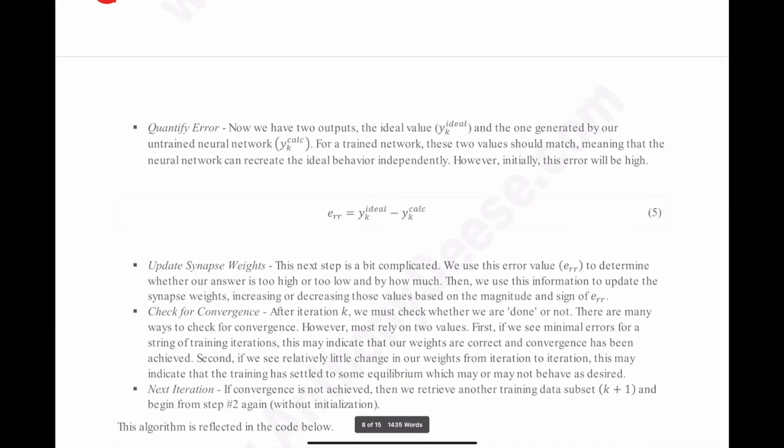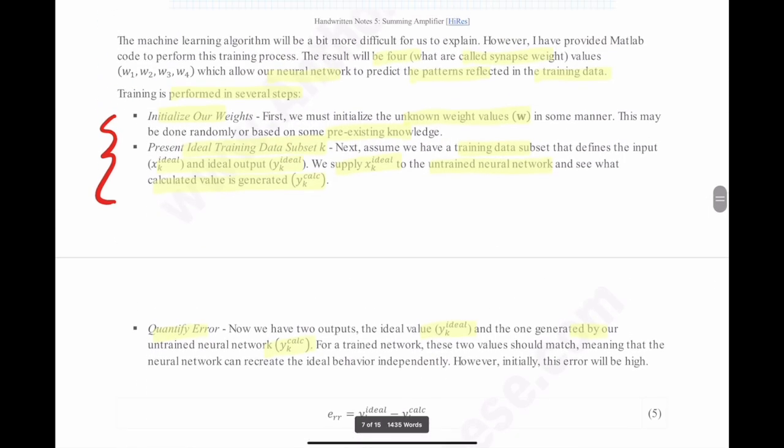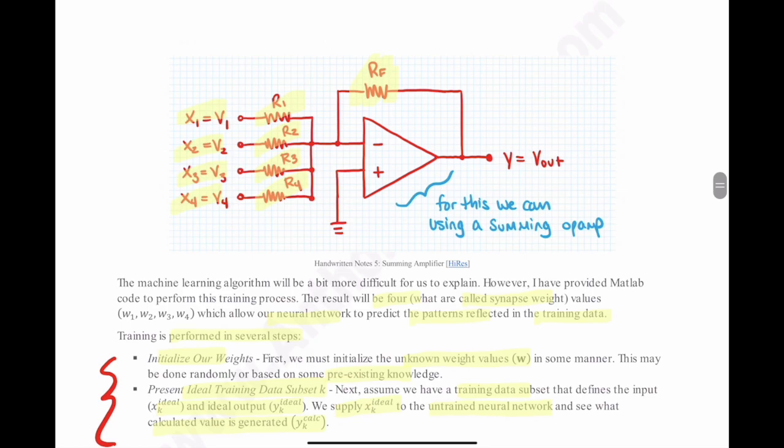Finally, next, we quantify error. Now we have two outputs. We have the ideal value, which is known a priori, and we have the one that's generated by our neural network. So if we go back up here for a second and take a look at what's going on, let's see what would happen for a single piece of training data. We have a training data pair. We have an X ideal and we have a Y ideal. We take that X ideal